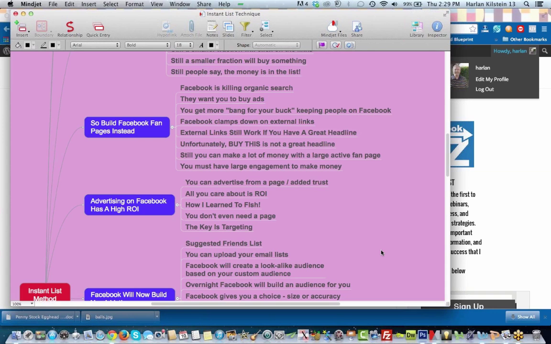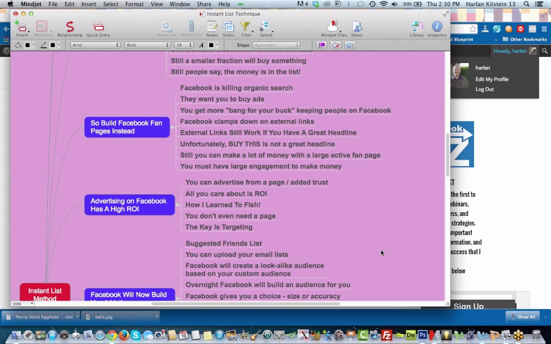I did a boosted post from my phone recently, and I got a call from one of my people over at the dog blog post. He goes, hey, Harlan, stop your post. Facebook targeted India. Right, India. That was my number one goal, target India to sell a dog product in the United States. So unless you are very selective in boosting your post, as selective as in any other Facebook advertising, that money is going to go down the drain.